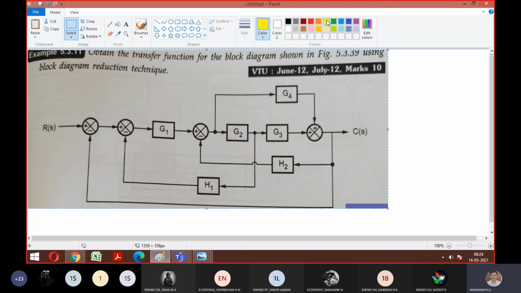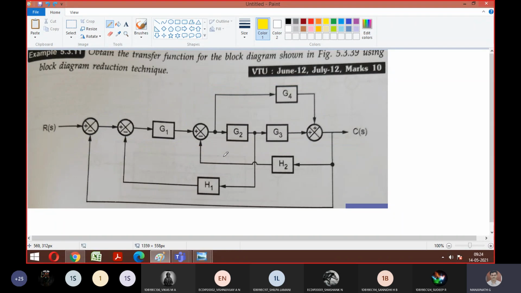Can you tell me how many forward paths you have here? So you have two forward paths, as your friend is telling. The forward path means from input to output, I said. So as I move the cursor, this will be your first. Similarly, if you move from input, this is your second. Correct? Yes, sir. So there is no other input to output path, so we can conclude that there are two forward paths.